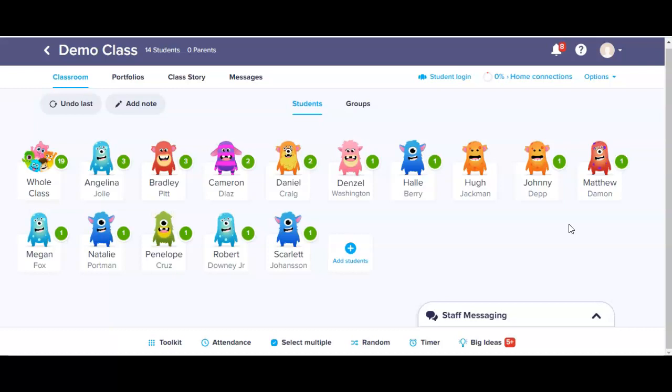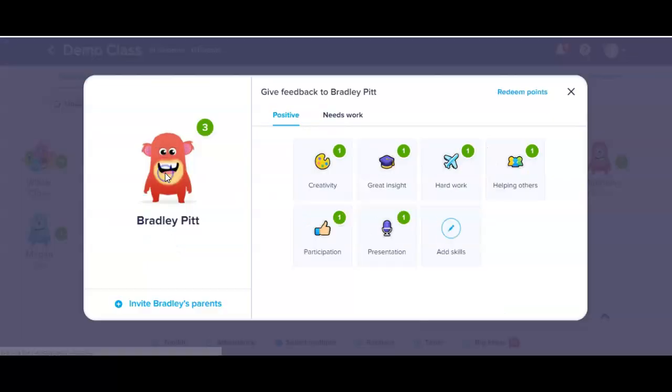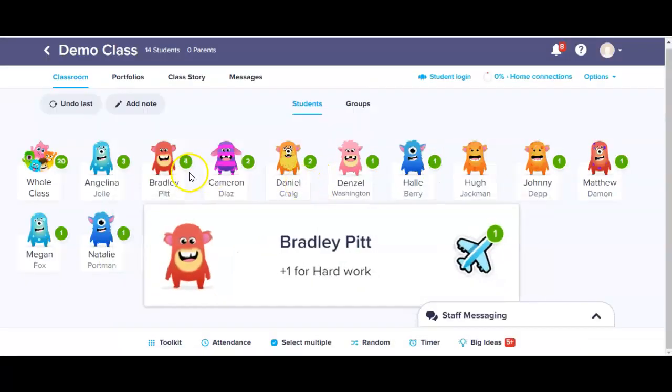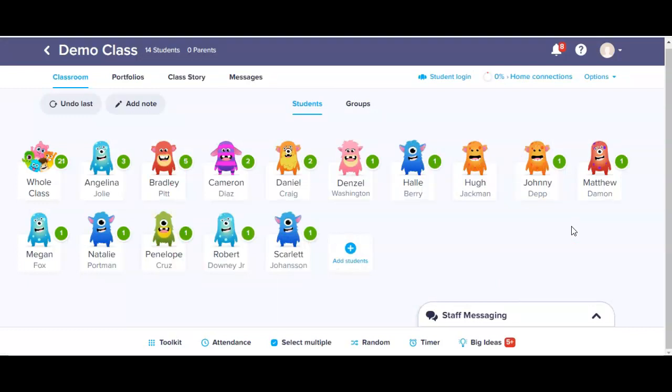Now your goal is to get to certain point totals so that you can get your rewards. The first point total you want to get to is 5. So let's say our friend Brad here, in music class, he's been coming during September, and he gets 5 points. When he gets to 5 points, he gets something from me as a reward. So your first goal is for you and your character to reach 5 points by either participating or doing an activity in class, listening to directions well, or being kind to somebody else where I catch you doing that.